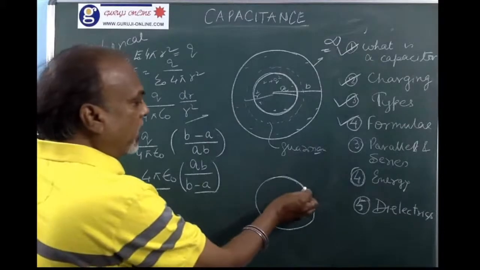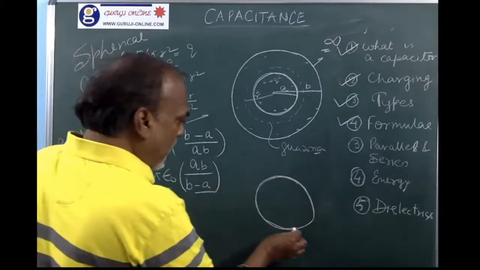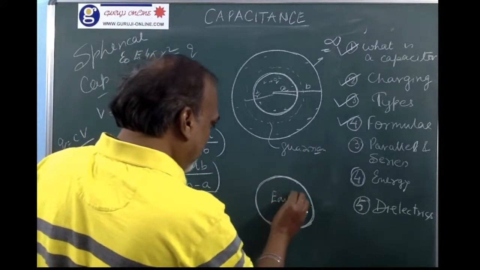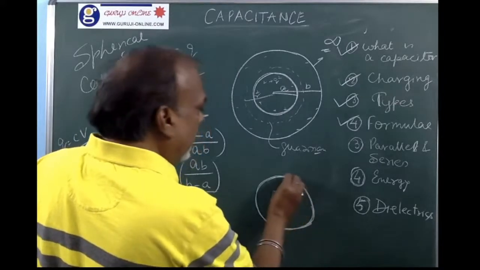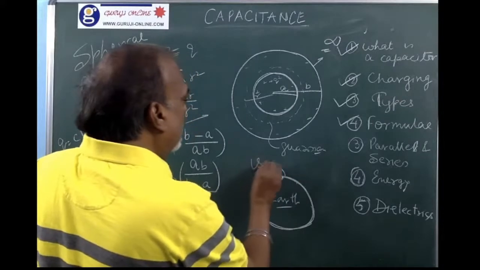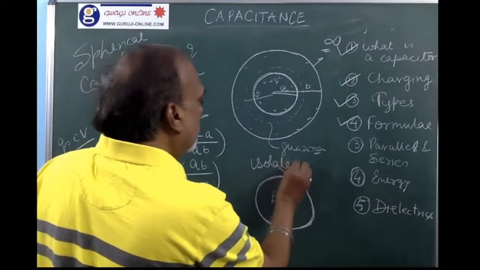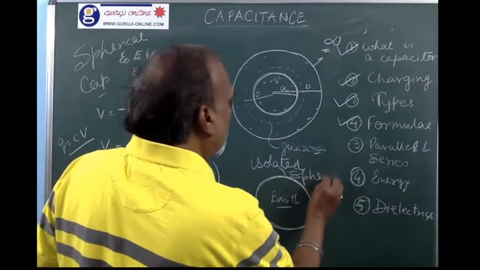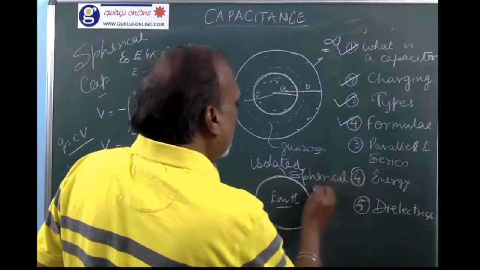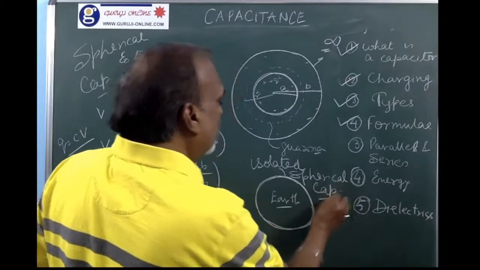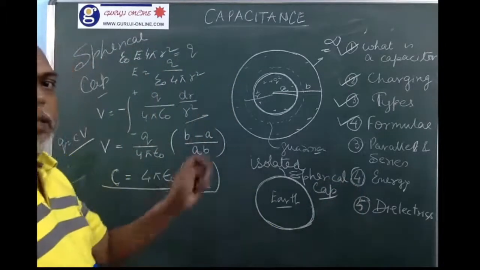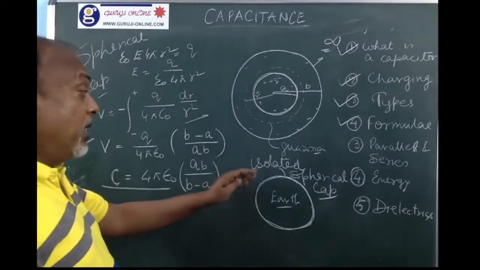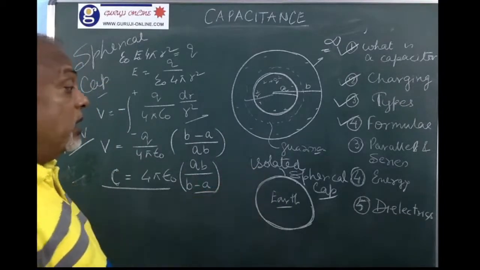So in such case, this Earth behaves like an isolated spherical capacitor. This is the example I gave you in the beginning, that Earth behaves like an isolated spherical capacitor and